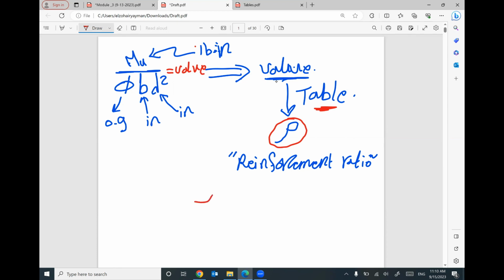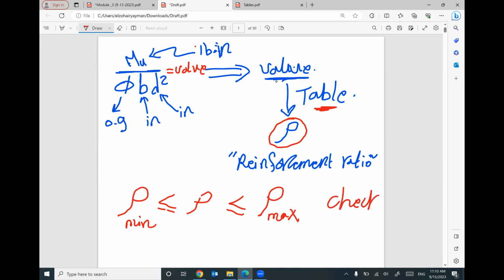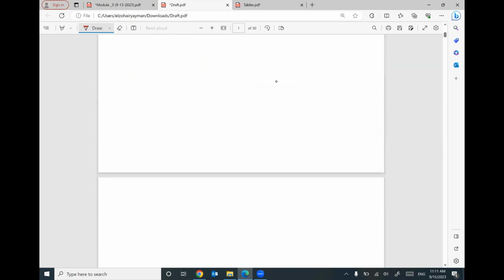This rho must be checked. This rho must be greater than or equal to rho minimum and smaller than or equal to rho maximum. I need to make sure the value of rho from this table is greater than or equal to rho minimum, the minimum reinforcement, and smaller than or equal to the maximum reinforcement. If your check is okay, then I can say